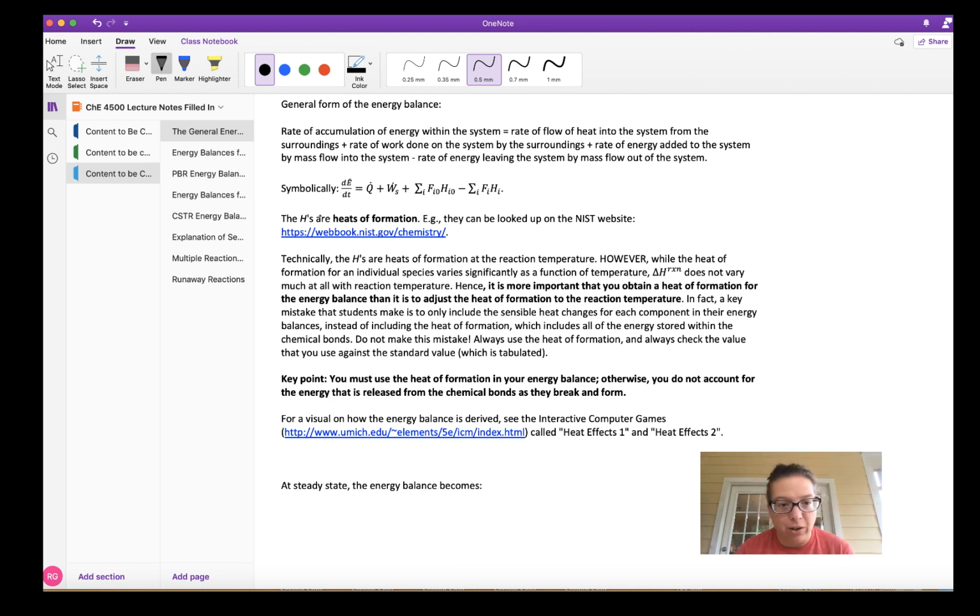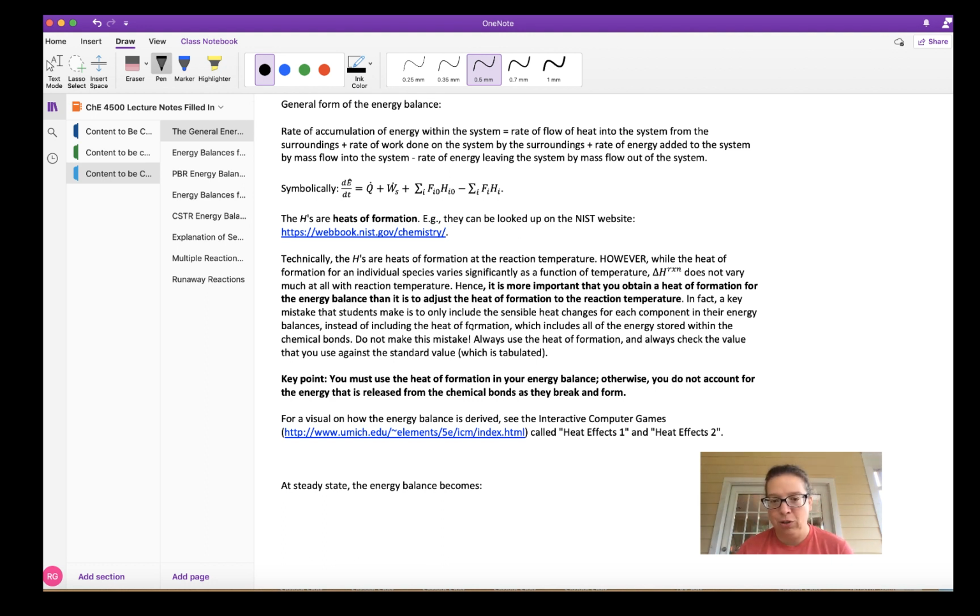For example, I could go to the NIST chemistry web book and locate a heat of formation for a chemical species. Technically, the H's are heats of formation at the reaction temperature. However, while the heat of formation for an individual species varies significantly as a function of temperature, the heat of reaction does not vary that much with the reaction temperature. Therefore, it's more important when you construct your energy balance that you get the heat of formation than it is